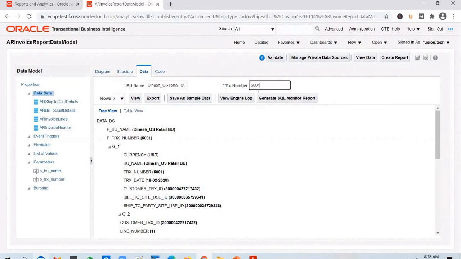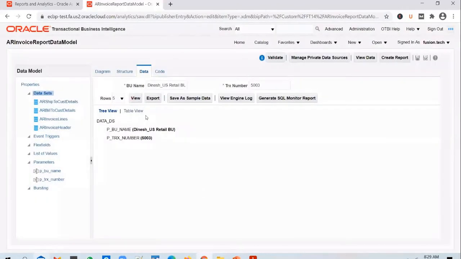But if you look at the parameters, these are like text boxes, right? So you don't know what transactions exist in the instance. If you have to print a transaction number and you don't know the exact number, you will have to keep trying out. So it's a text box. You will have to enter the value and keep hitting enter. So if you say 5003, you don't know whether it exists or not. If you print it, it says it doesn't exist, right? So instead of